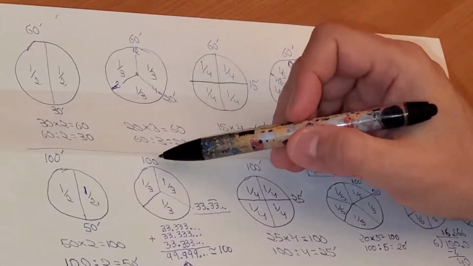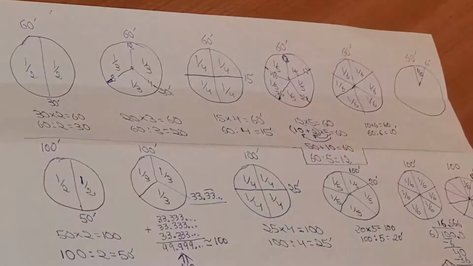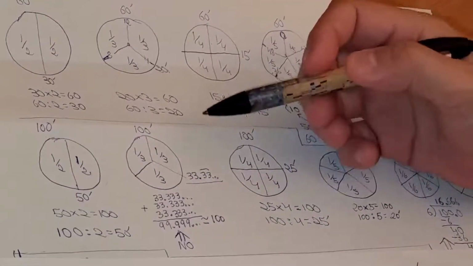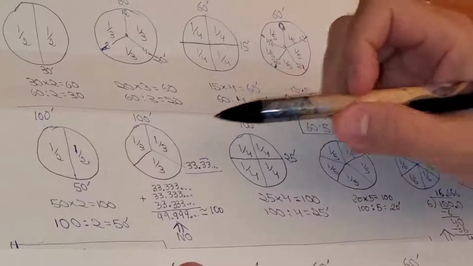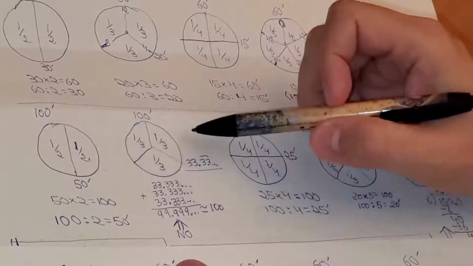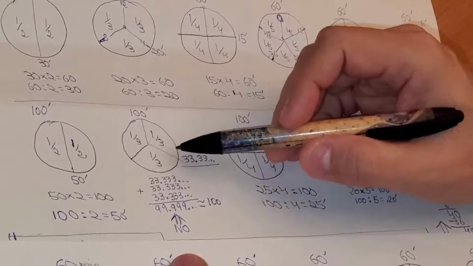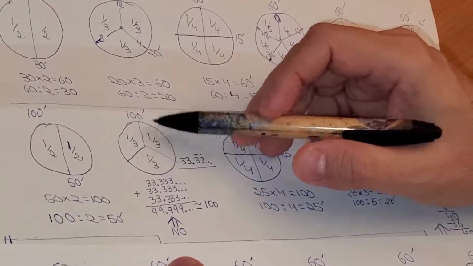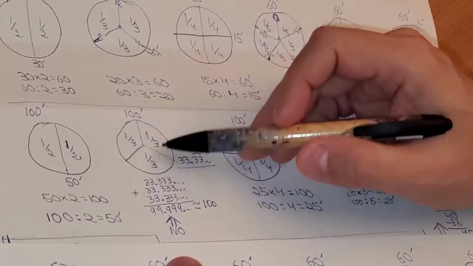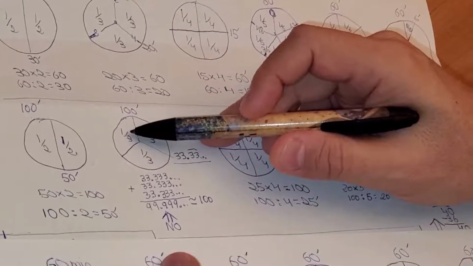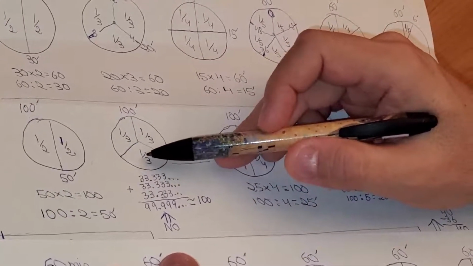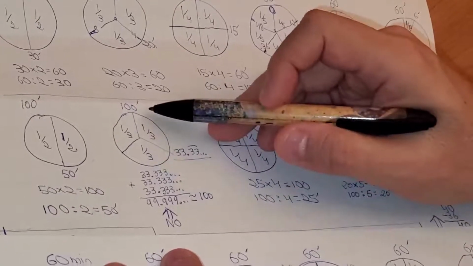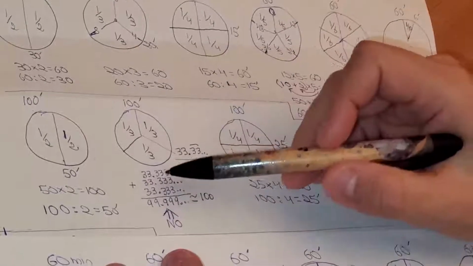Can I divide 100 by 3? Well, I can, but it's not going to be clean, because we know that 3 times 30 is 90, so it would be a little more than 30. 35 would be 35 plus 35, 70 plus 35, 105. That's too much, so it's between 30 and 35. Actually,